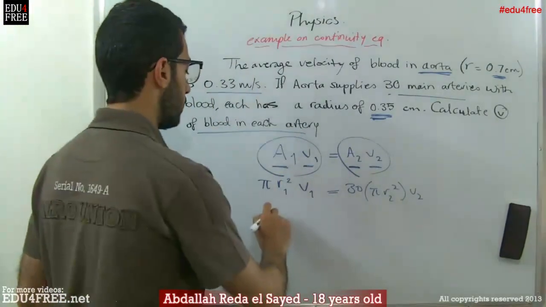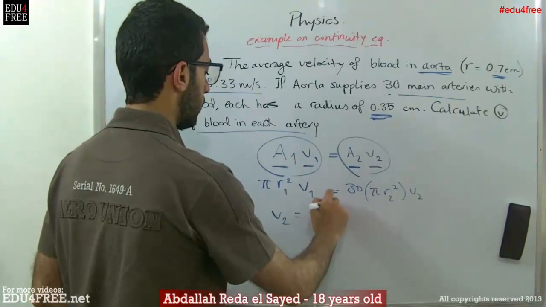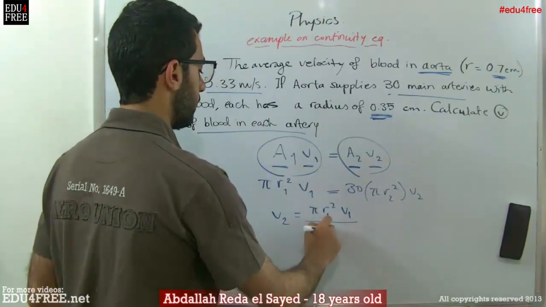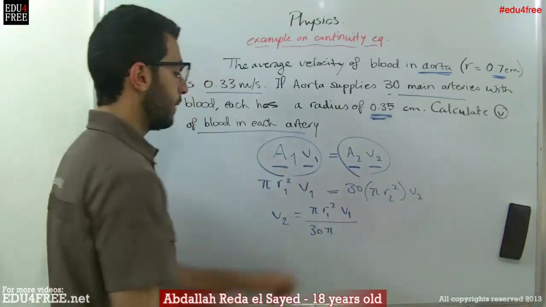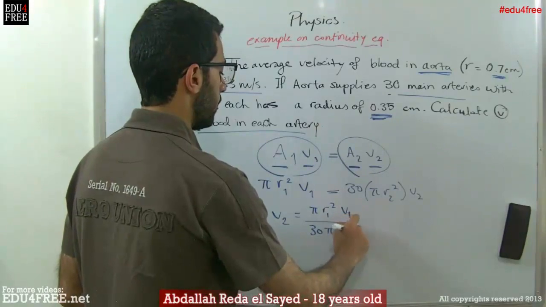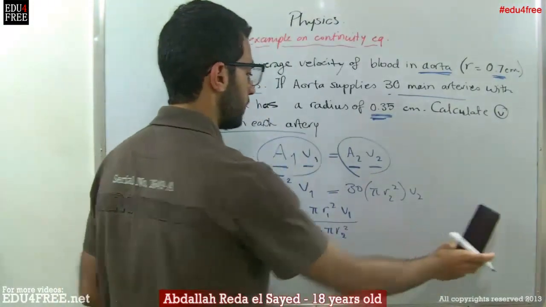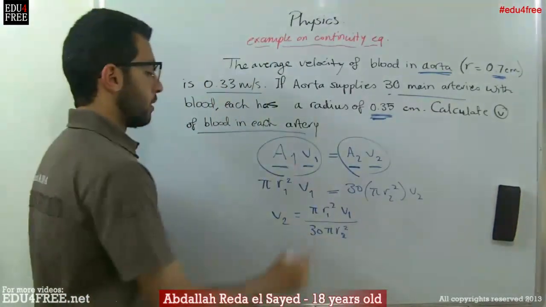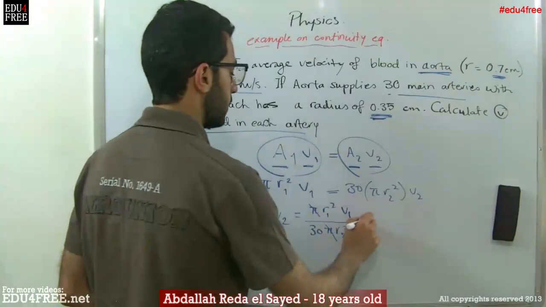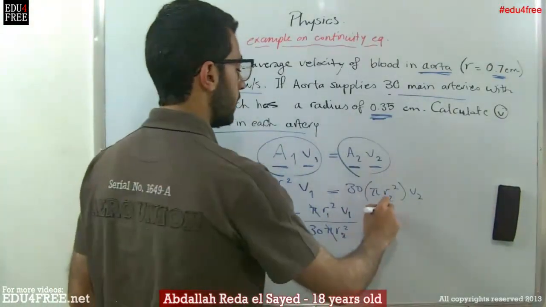Simply, V2 will equal pi R1 squared multiplied by V1 over 30 multiplied by pi R2 squared. So we can neglect the pi's, and accordingly, the result will be